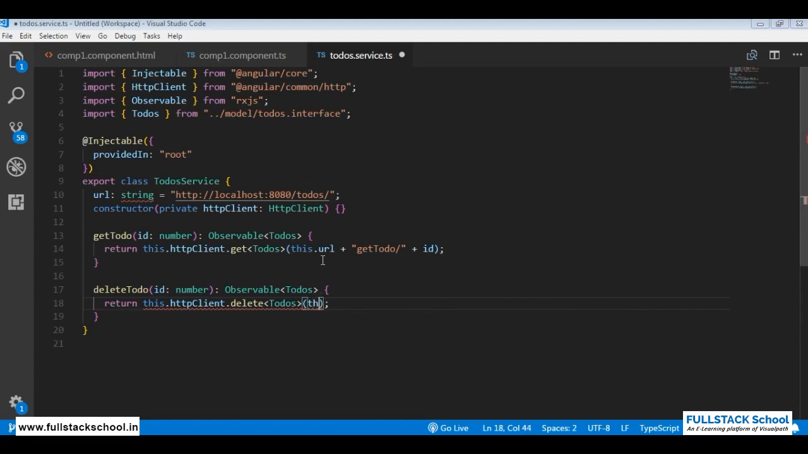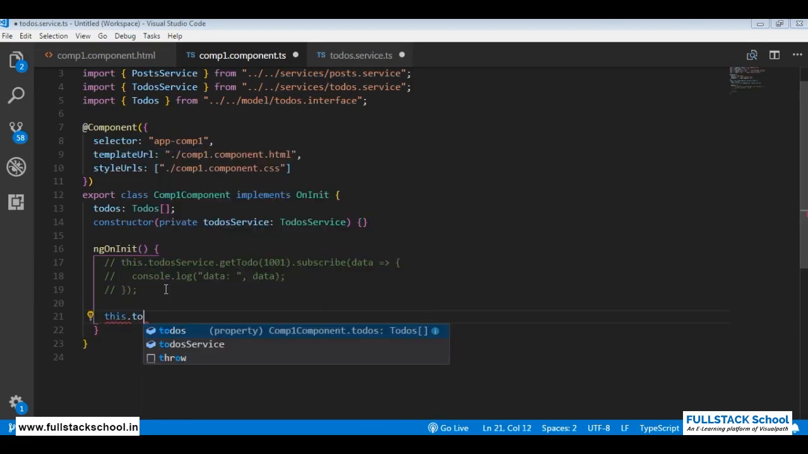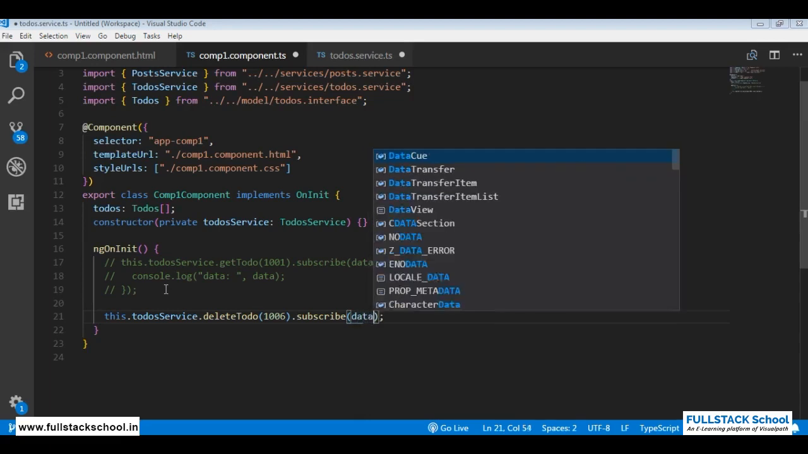And we use this URL, this.url plus deleteToDo is the link, and then you pass the ID, and this is how you delete it. Now you need to receive again, so I comment this one. Now when I say this.toDoService.deleteToDo, you need to pass the ID again, let us pass 1006, and you subscribe to the observable that is being returned, and you say data,